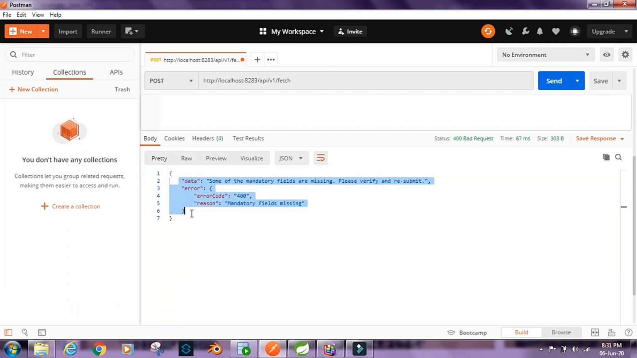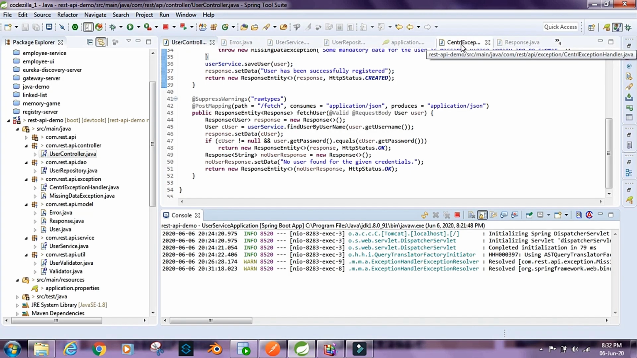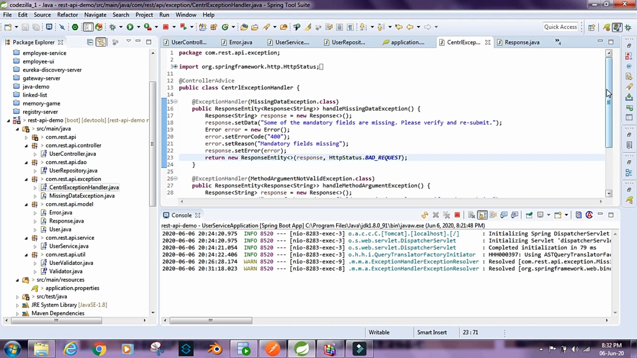So be it a success response or be it an error response, we have the same structure that is being followed, and in most organizations this is a standard that is followed. So there's the standard response pattern that we need to follow for all our APIs, be it a successful response or be it an error response. So that is how we can use controller advice to centralize our exception handling inside of our application,